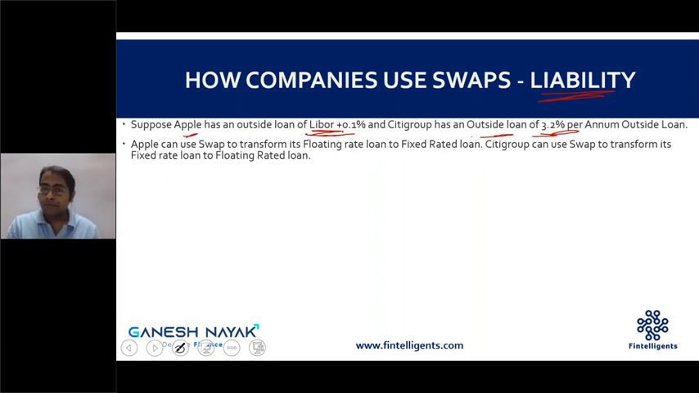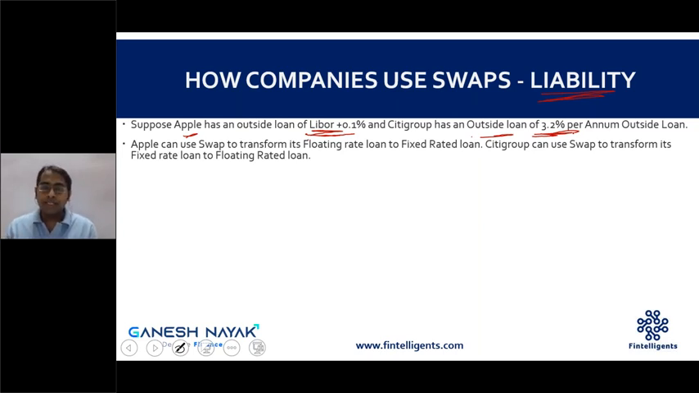Similarly, Citigroup has already entered into a fixed rate loan of 3.2%. Now suddenly if Citigroup realizes that interest rate is going to go down, and Citigroup continues paying 3.2% per annum, that will be a loss to Citigroup because the market rate has gone down. Ideally they should benefit from the reduced rate, but they cannot do anything because that contract of a fixed rated loan is already established and they cannot change it. So what they do